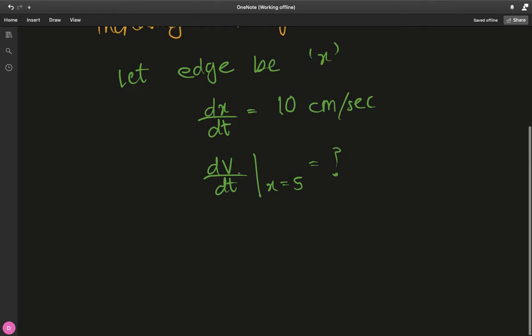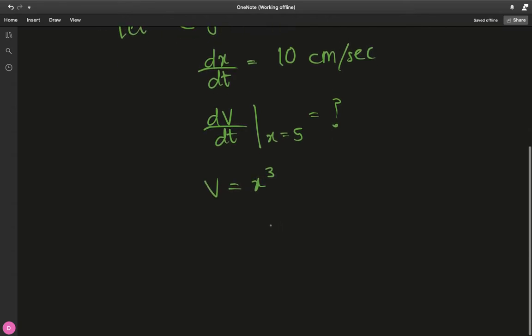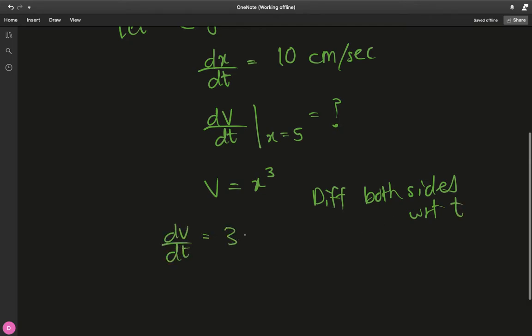Okay, so we know dx over dt, and we have to find volume. How are volume and edge length x dependent on each other? So for a cube, v is equal to x cubed, right? The volume is equal to cube of the edge length. And now when I differentiate both sides with respect to t,